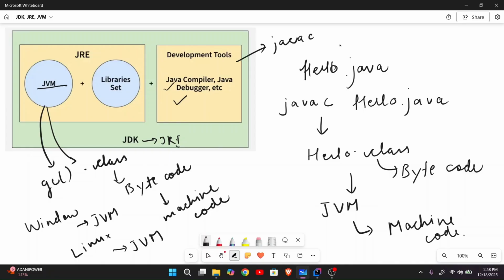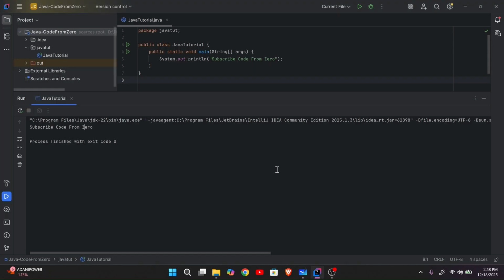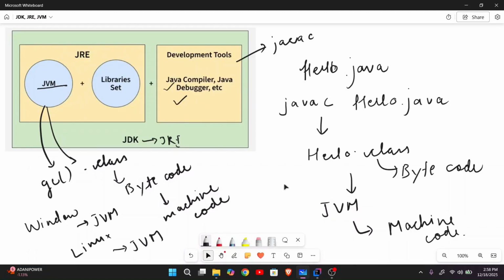And if you want to write code, you need the JDK. But if you want to just run that Java program, you need a JRE. For example, just like this code, if you want to write this code on your machine and compile it, you need a JDK. But if you just want to run this class file on your machine, you'll just need a Java Runtime Environment which will provide you a JVM, and that bytecode you can run